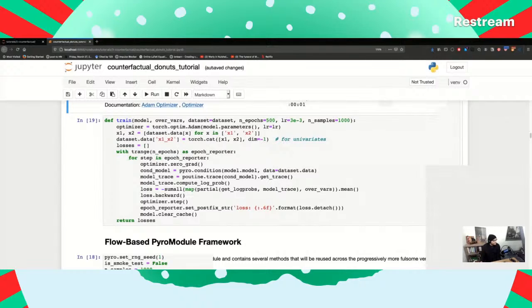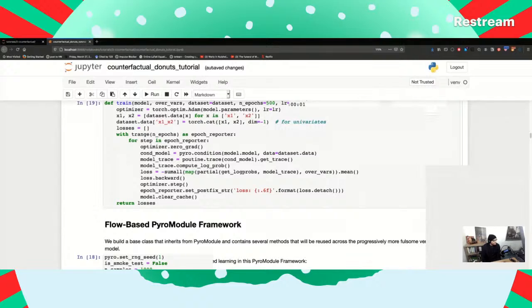Why is it a partial? Because the variables are different. So for each one of these variables, we'll calculate the log probability and then sum them all up, take a mean and then take the average.